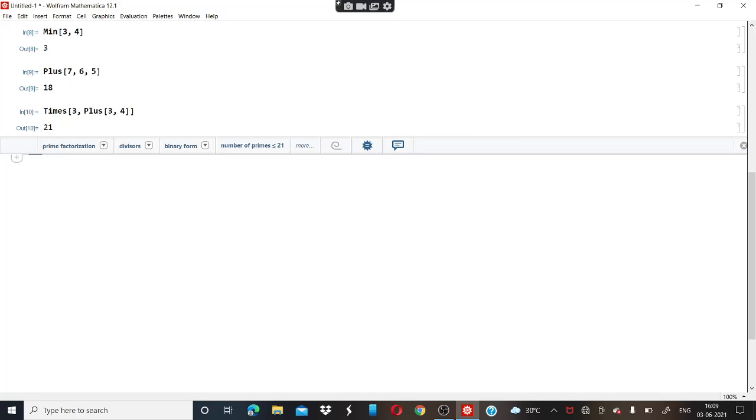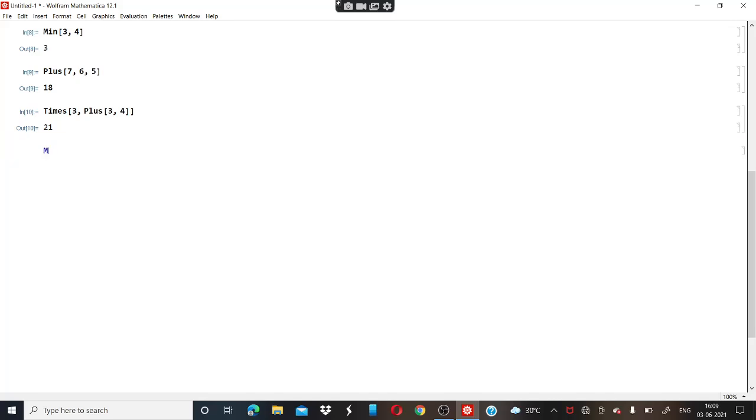Now another question is: use Max to find the larger of 6 multiplied by 8 and 5 multiplied by 9. So here also you are going to use double operations. For the main operation we will use Max, then we will create a bracket. After that we want to get the larger number from 6 multiplied by 8. For multiplied we use Times, then bracket 6 comma 8, then we will close the bracket, again comma,